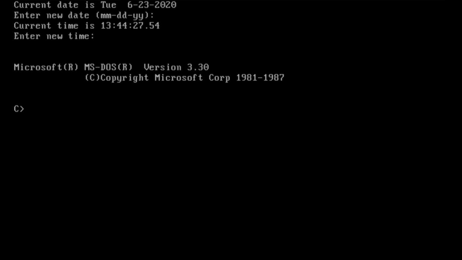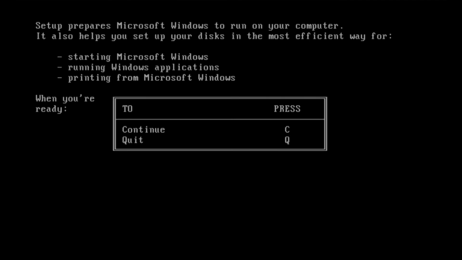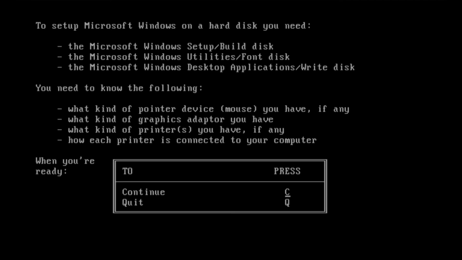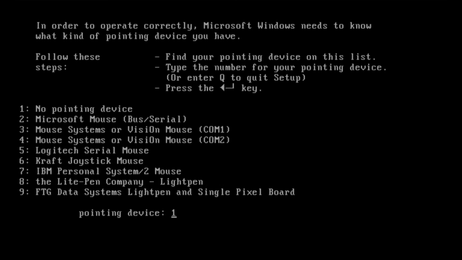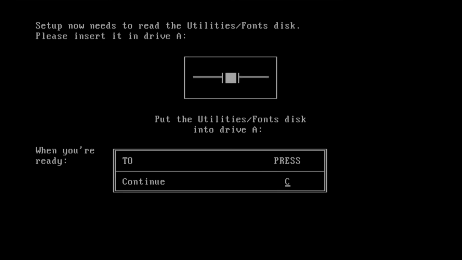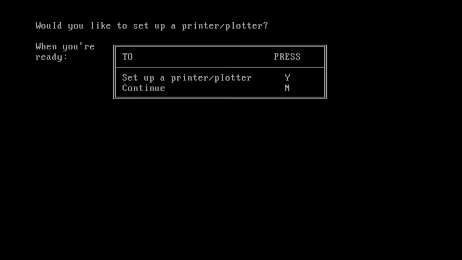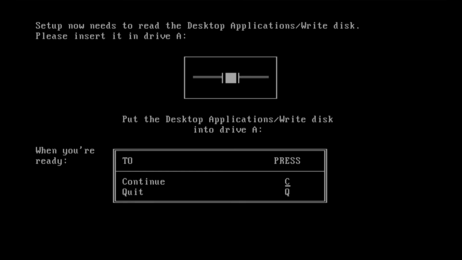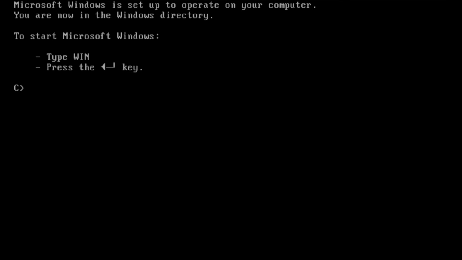Now I'll put in a floppy disk. We will start the installation process by going to the A directory. That is actually the directory where we can see the contents of a floppy disk. Then we type setup and press enter. Installation was really straightforward. We selected the directory of Windows, selected our keyboard region, and selected the correct mouse option. We don't need a printer, then we change floppies, and it's over.